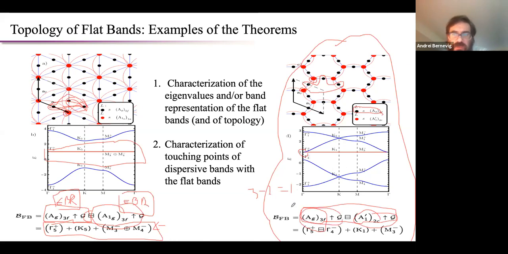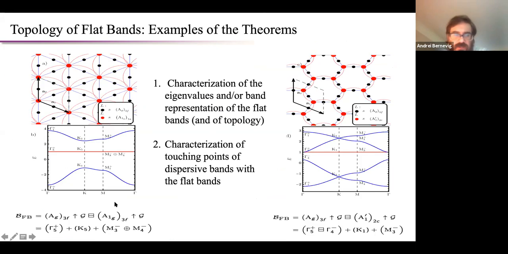of the S orbital at the C2 symmetric Wyckoff position. So the 3F, the black dots, minus the EBR of the S orbital at the C3 symmetric position, which is the hexagonal position here, and you take their difference. I just need to delete to refresh the screen.